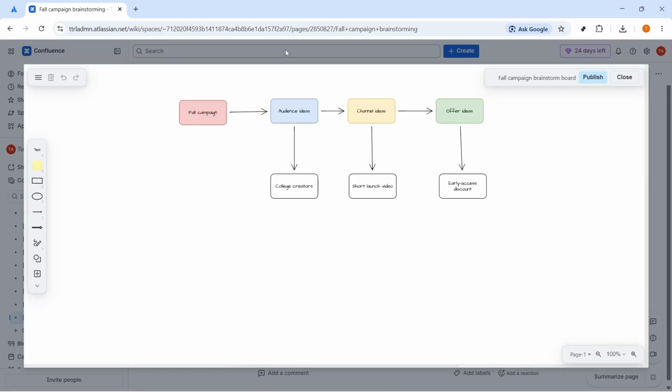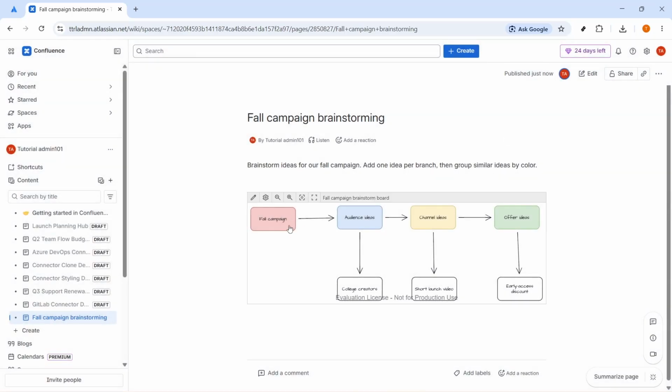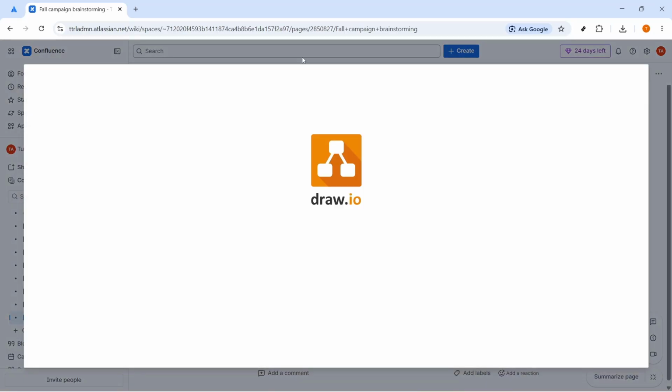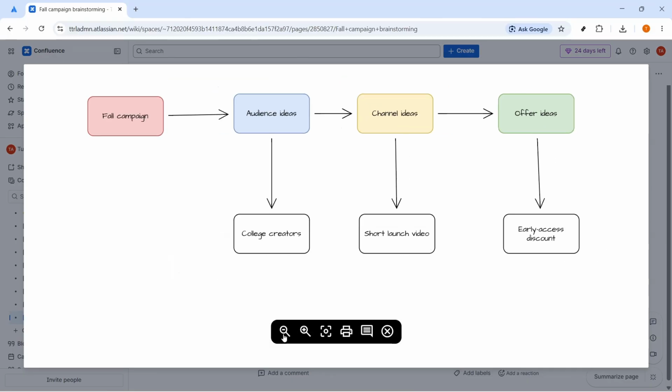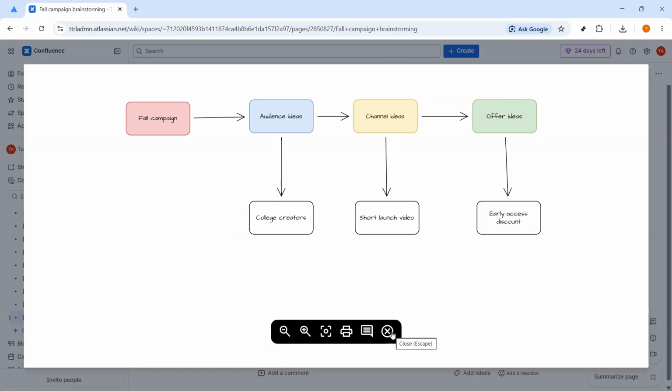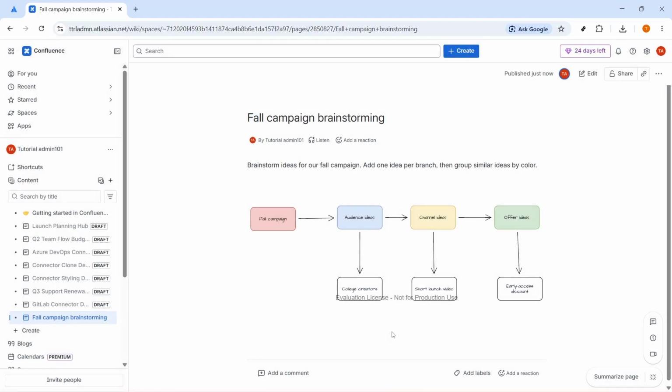The Confluence page is now published with a Draw.io brainstorming board embedded in it. The board shows a central campaign topic, 3 colored idea branches, and starter ideas, so collaborators can open the same page, edit the board, and continue the brainstorming session inside Confluence. Congratulations! You successfully set up a complete brainstorming